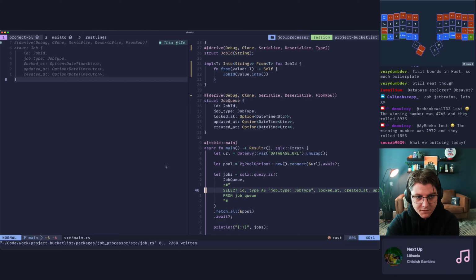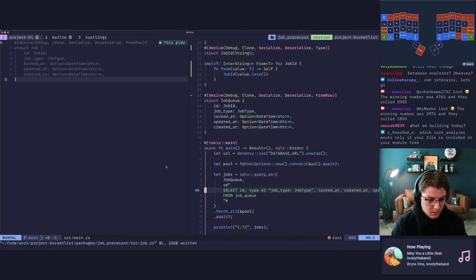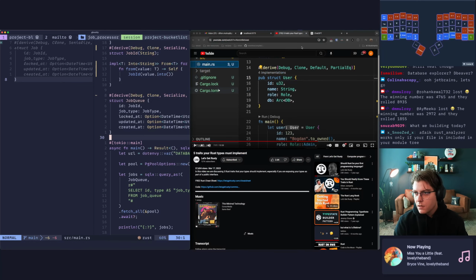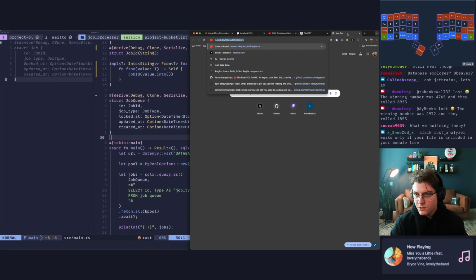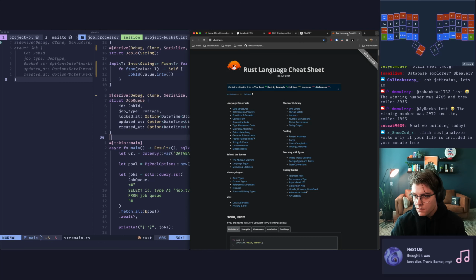All right, so let's see if we can just get this job queue into another server first. Is included in your module tree? Yeah, I need to, let me pull up Rust cheat sheet. Yeah, cheat.rs. Is this the one I wanted?